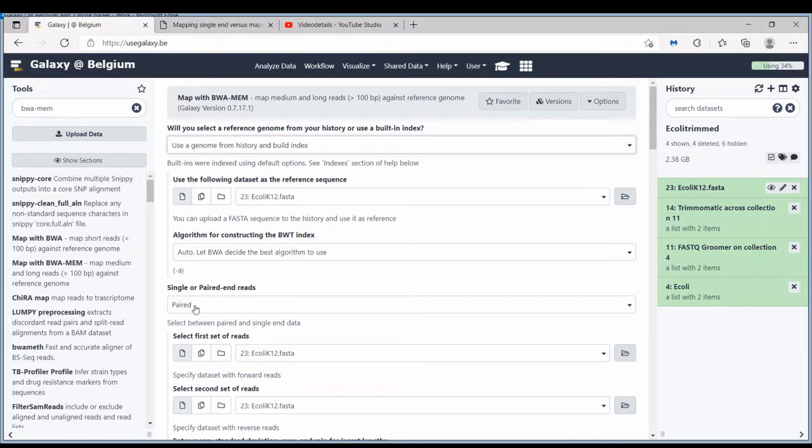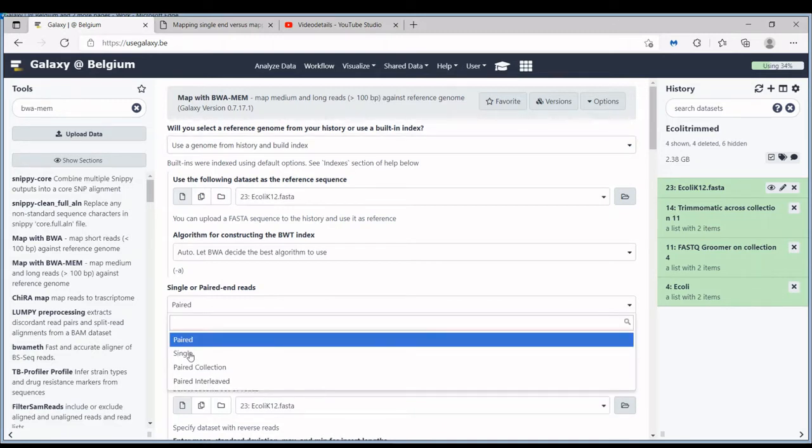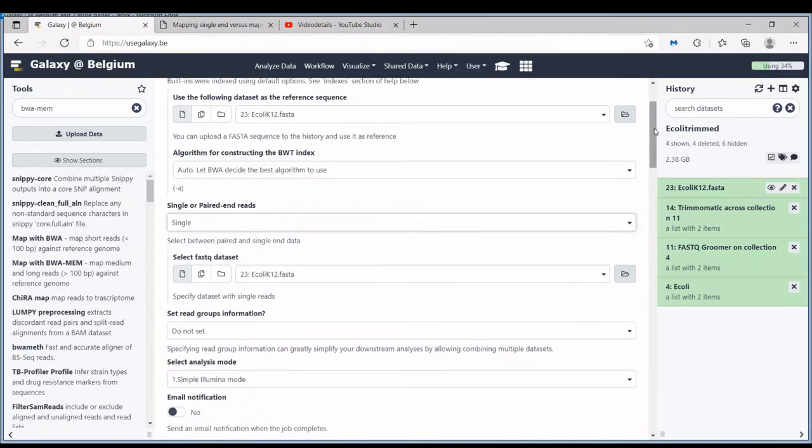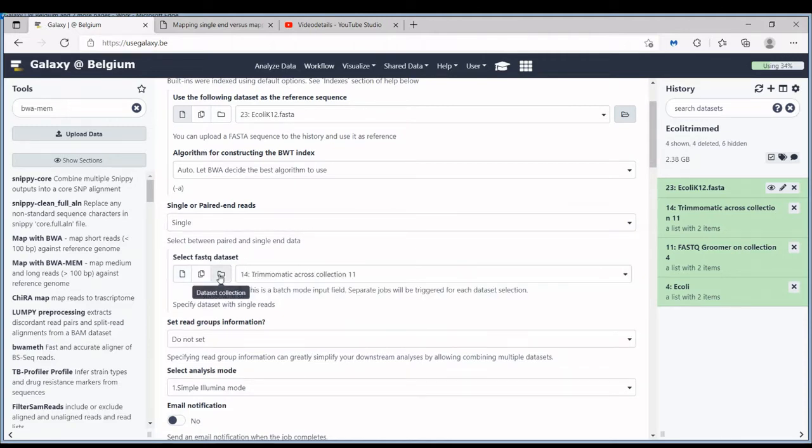You have to tell it whether you have single-end or paired-end data because the mapping is quite different depending on what you have. So we have single-end data here, in this example. And then you have to give it the FASTQ files, so the input files, the files that you want to map. So in our case, we have multiple FASTQ files here.